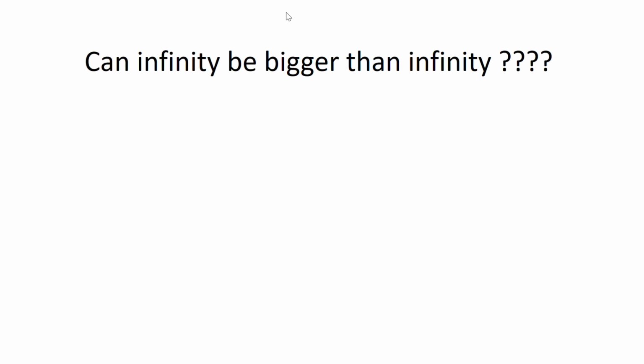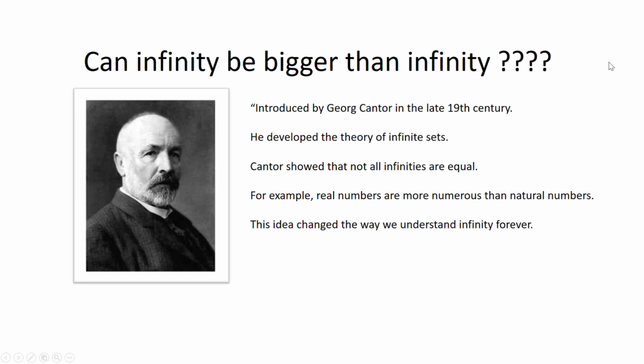Most people think infinity is just infinity, a never-ending line. But in 1891, a mathematician named Georg Cantor proved that some infinities are actually larger than others. Today, I am going to show you how he proved it, and then we are going to build a Python script that demonstrates the magic behind it.